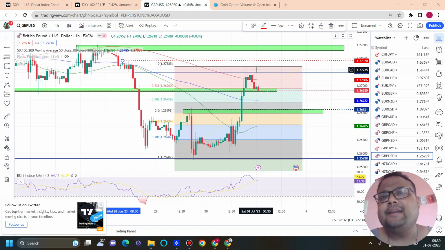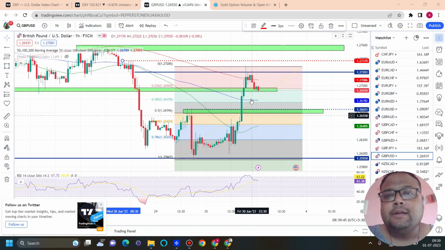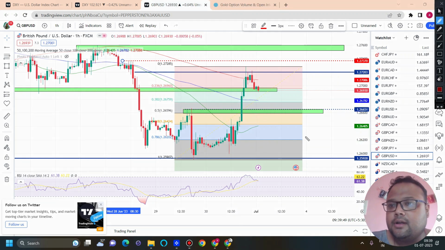As we all know, during the first half of Monday, we don't get to see crazy volatility. Market usually prefers to sleep. So if Monday market opens like a typical Monday market, then we can expect the levels that I have mentioned here to work. First of all, we have a good level of support around